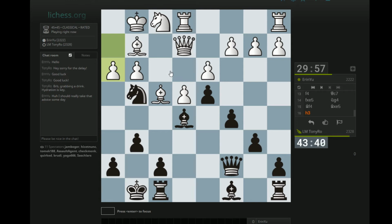And bishop takes f4 makes literally no sense. Then g takes f4, I have to go knight to f6, and then probably something like queen f3 or whatever, and I've given him the pawn on f4 instead of having it on g3, which is incredibly stupid. So,